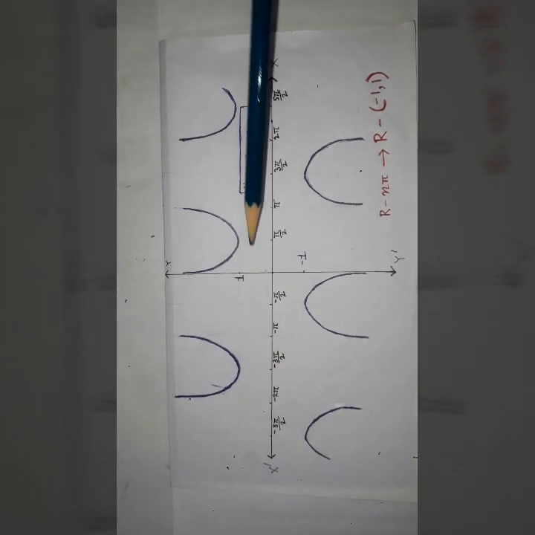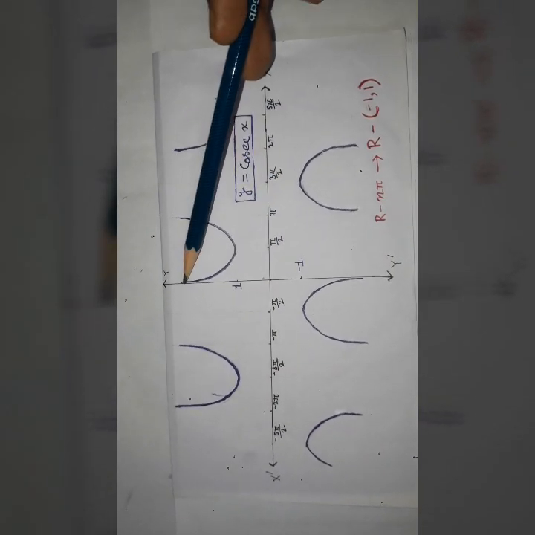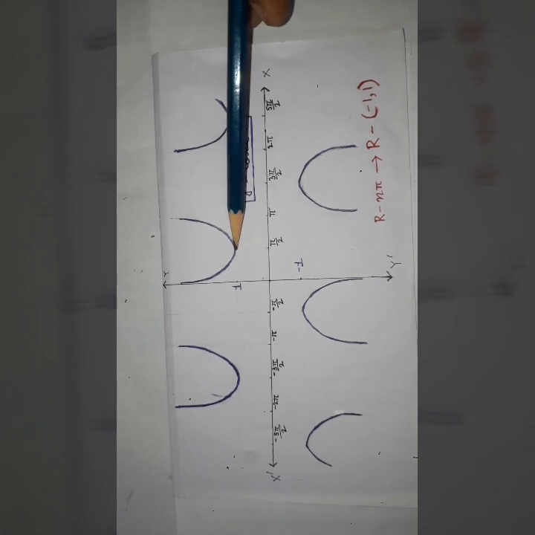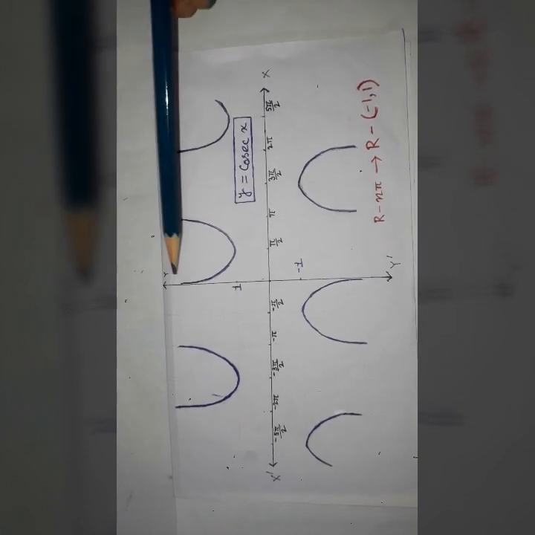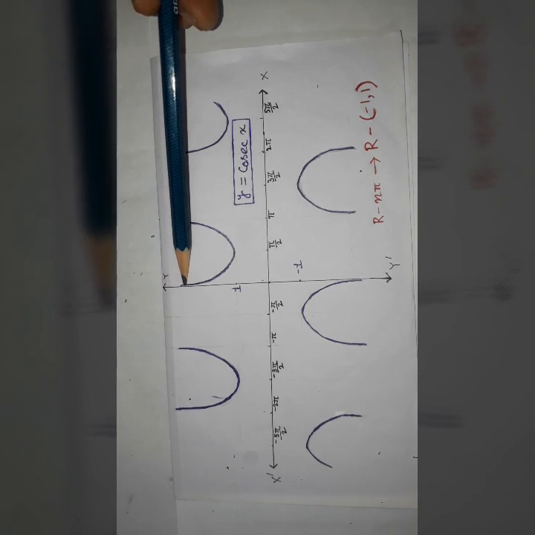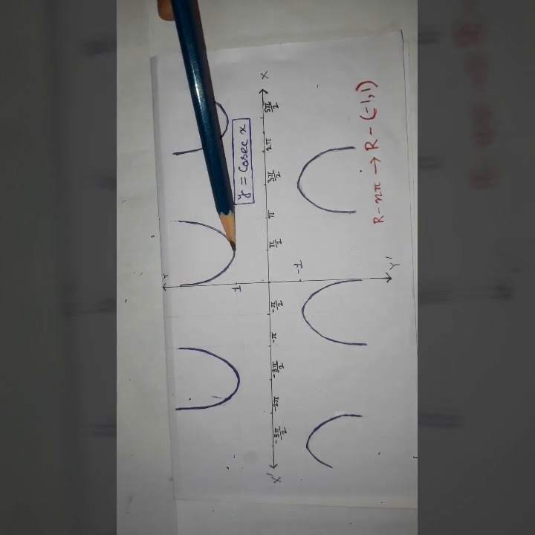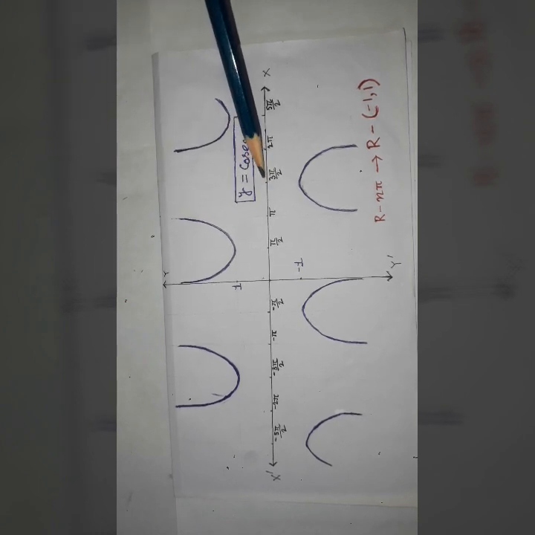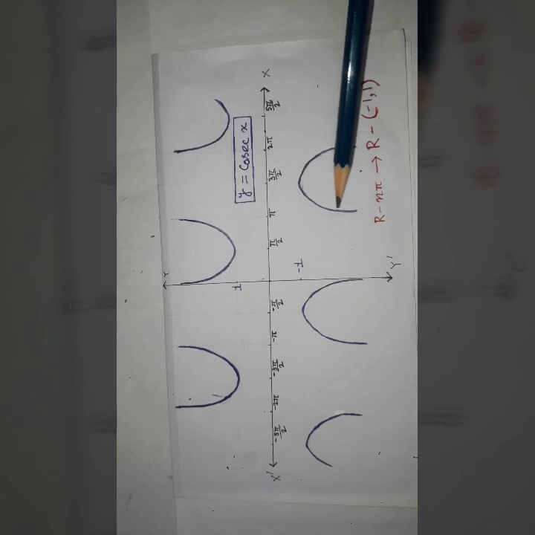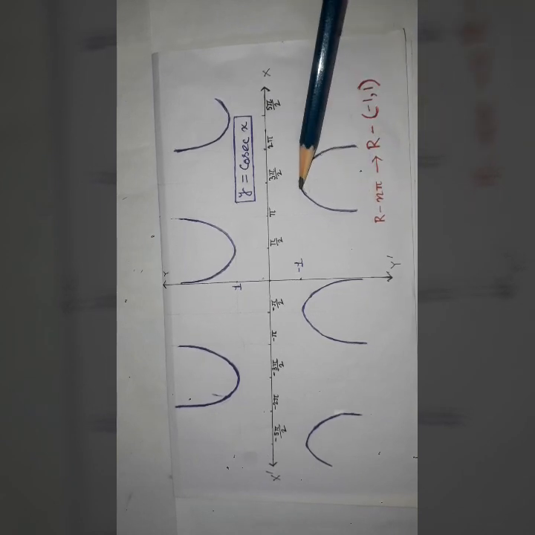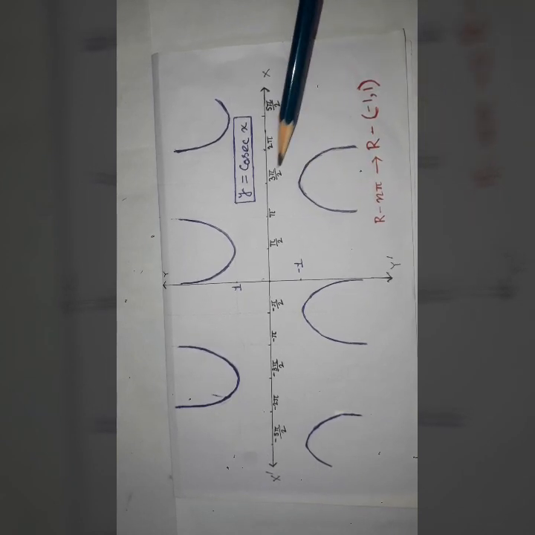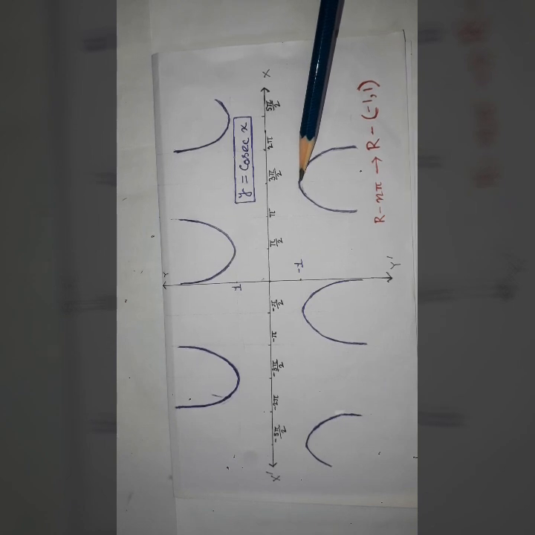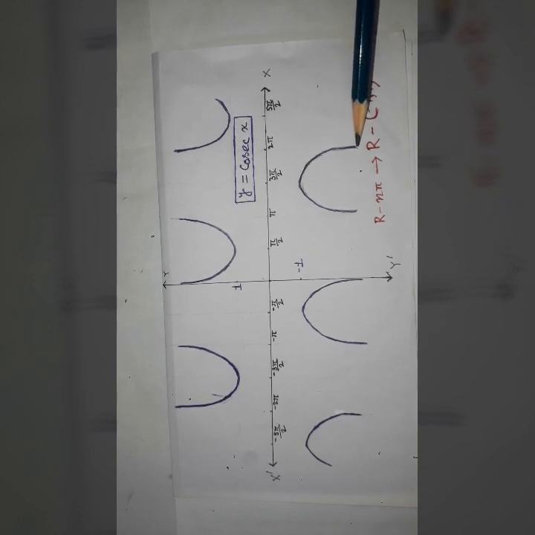Now the graph of cosec x. You see cosec 0 is undefined, cosec pi by 2 is 1. So in the first quadrant it is decreasing from infinite to 1, then again it is increasing in the second quadrant, 1 to infinite. In the third quadrant, that is pi to 3 pi by 2, minus infinite to minus 1, it is increasing. Again in the fourth quadrant it is decreasing, minus 1 to minus infinite.